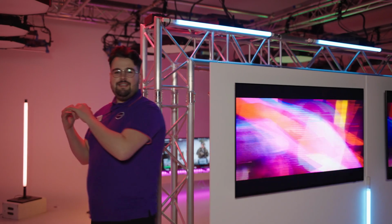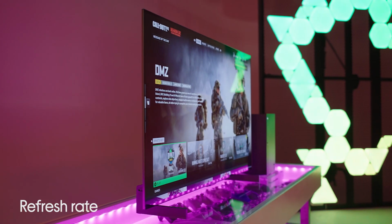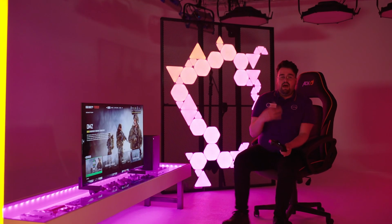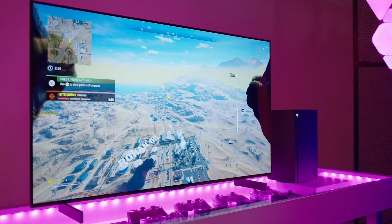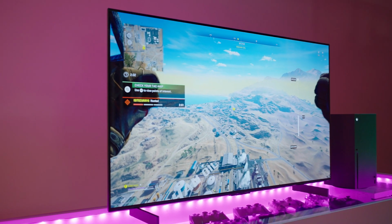Now let's head round here so we can talk refresh rates. Now, the refresh rate of a TV is how many times a TV can update its picture in a second. Now, it tends to be measured in Hertz or FPS, which stands for frames per second. And a good rule of thumb is that the higher the number, the smoother the picture is going to be